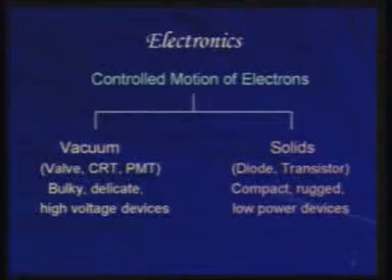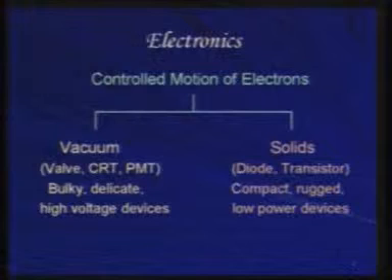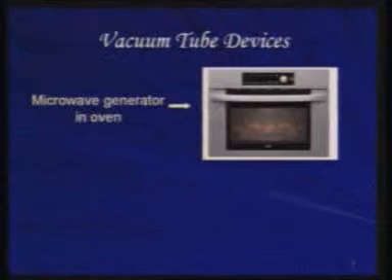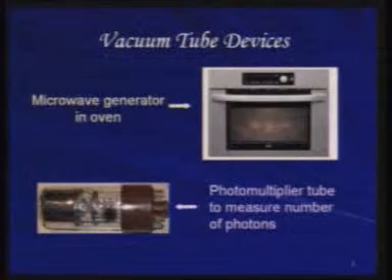However, today we will be starting our discussion with vacuum devices, and why, you will know when you see this slide. You might have seen the microwave oven which is used in various places for cooking purposes. The generator that generates these microwave frequencies is still a valve device. It has not been completely replaced by solid state devices to date, and there are valve devices in microwave ovens even today.